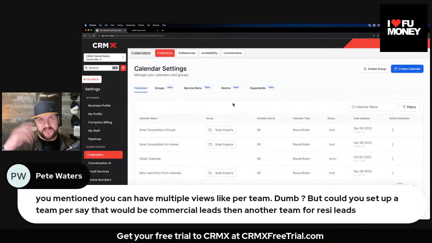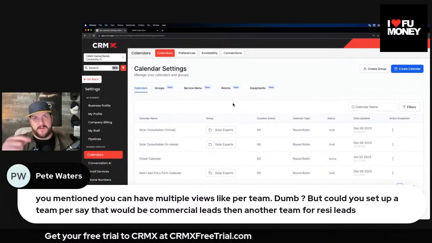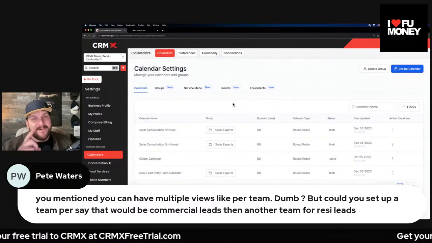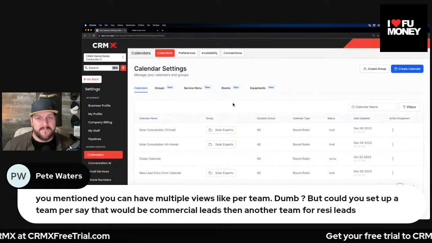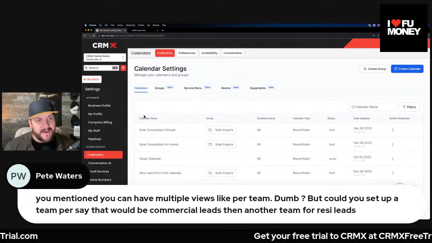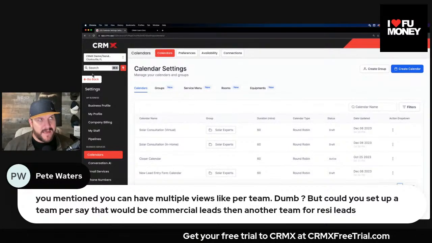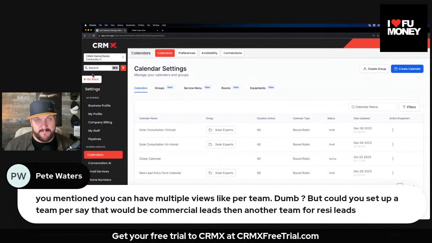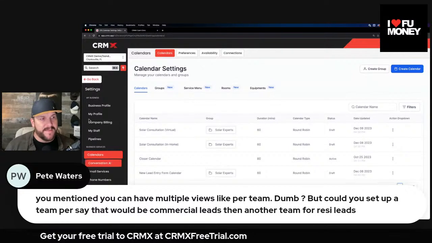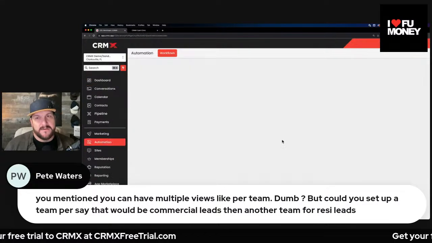Even if it's one person, you would still use a round robin. It's just not going to round robin. It's going to go to one. But if you have two, it'll round robin, however you want it to. But now that you booked an appointment, you want it to automatically update your sales pipeline, move them into the booked appointment stage automatically. That's under your automations. And you'll see,